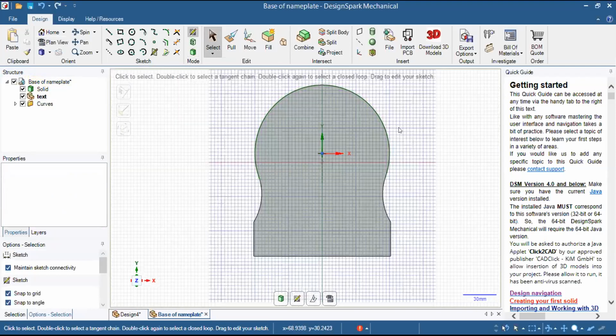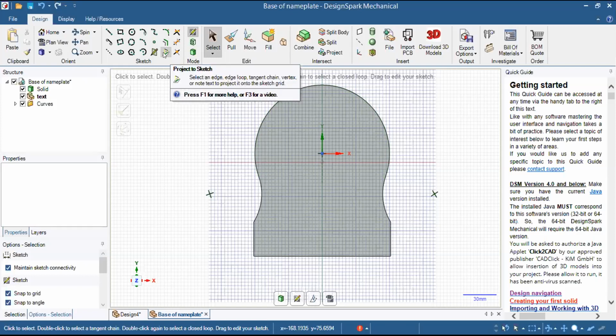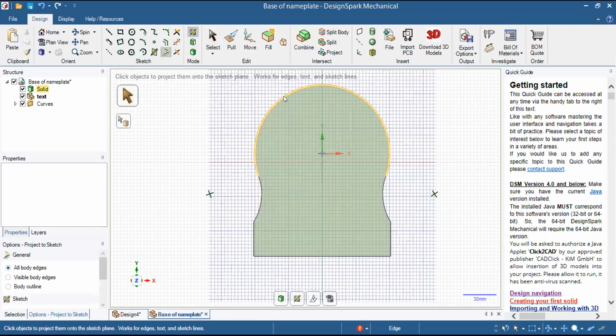And now what I need to do is sketch a new component. I need a similar shape. As you have seen, earlier I had offset it, but first I need a similar shape because this will be a new component. So I will select the option project to sketch. I will left click on this and select a curve like this. Now I will show you how.